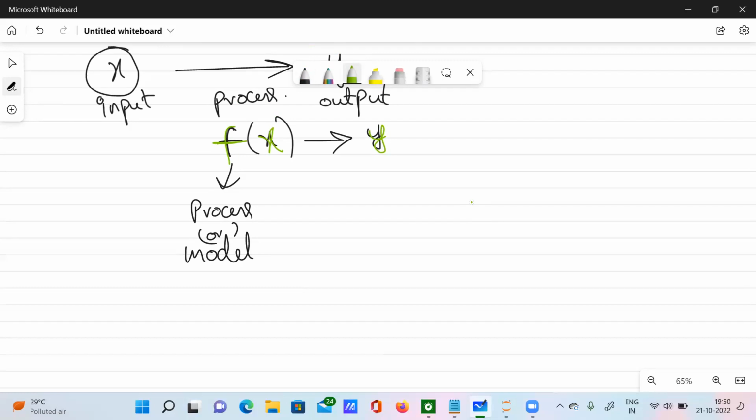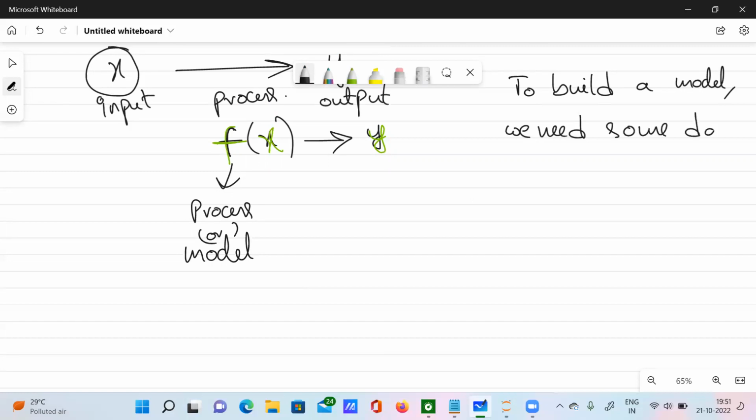Okay. So for example, we have already decided to build a model. Further, to build a model, we need some kind of data, some data, which is nothing but our input. So how do we get the input? How do we get the input? Our input data will always be our sample. For example, let's say